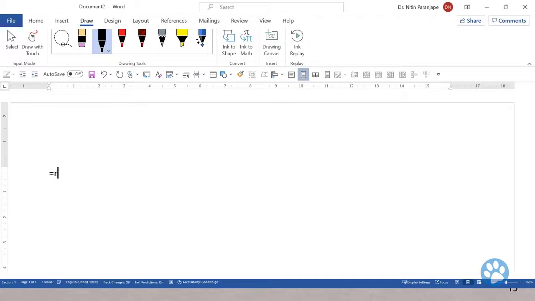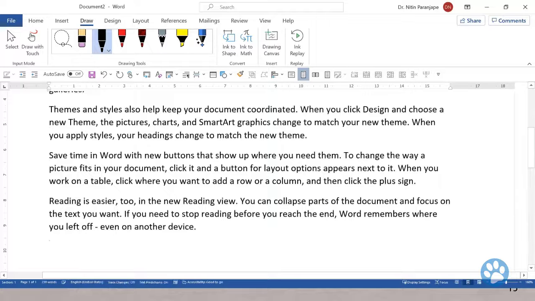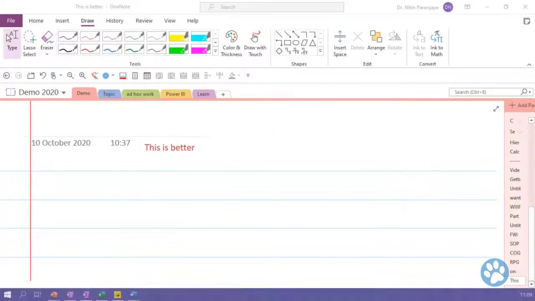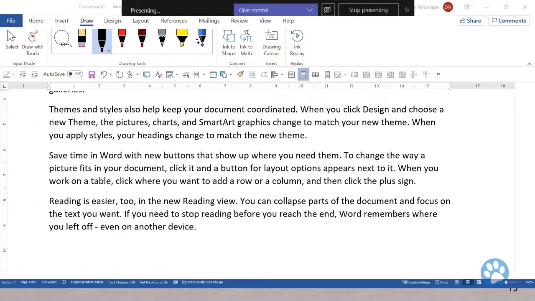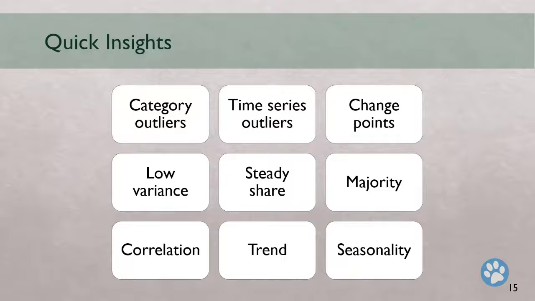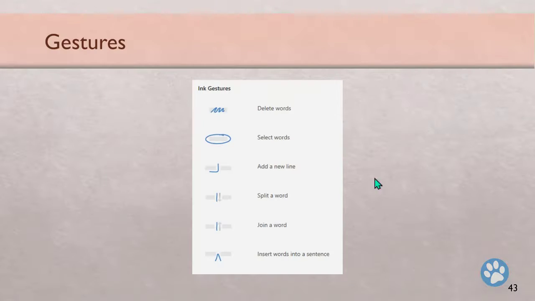In Word, there is an option where the pen, if you have the pen, can be used for something different. Different means what? It can be used for editing or proofreading kind of scenarios. What do I mean by that? Let me just show you one slide and then we'll come back to it. So in Word, once if you have a pen, these are the gestures. Delete word, select word, add a few lines, split word, join word,